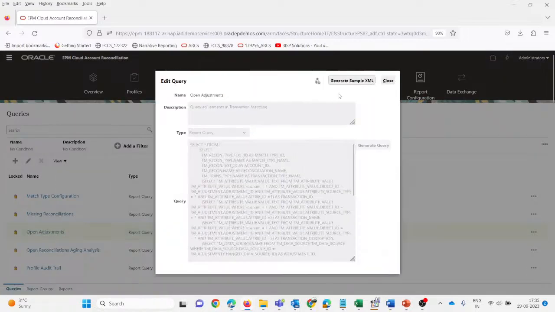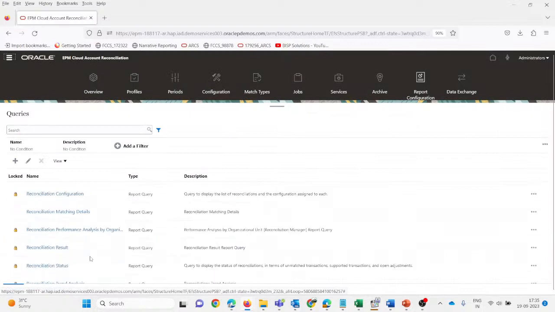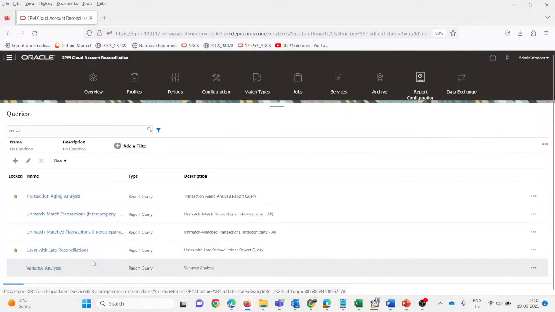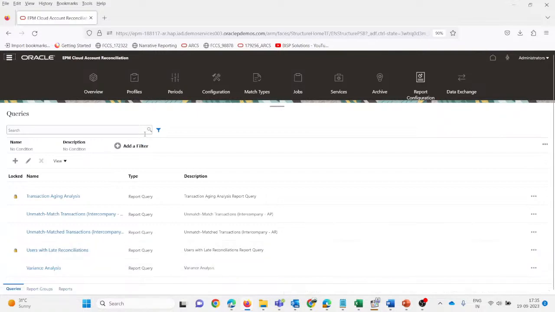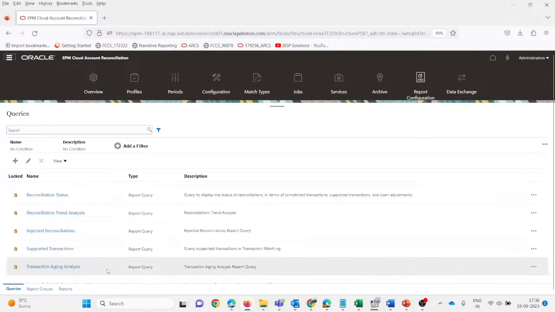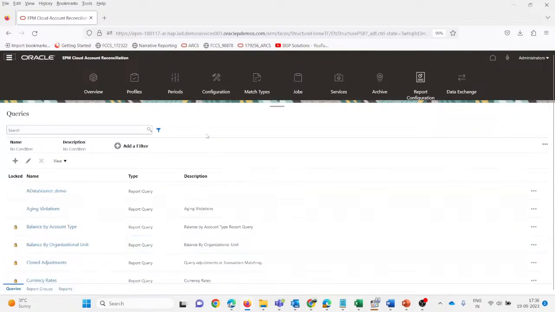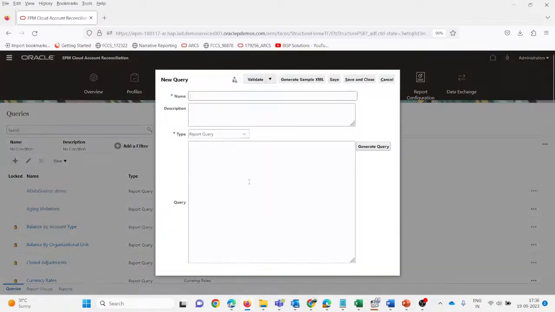Open adjustment. Basically all these are those which are available in our report only. Since they are in the log position, even for the pre-built report, we have to complete this process of query, report group, and report. To do this, we will start by creating a demo